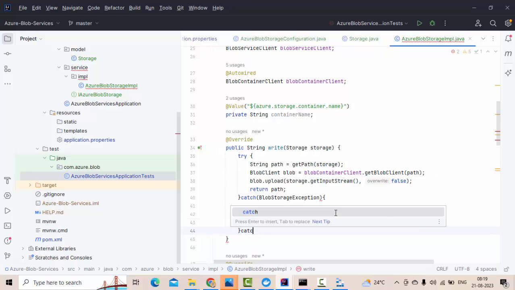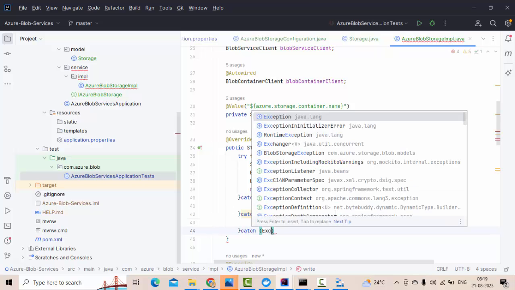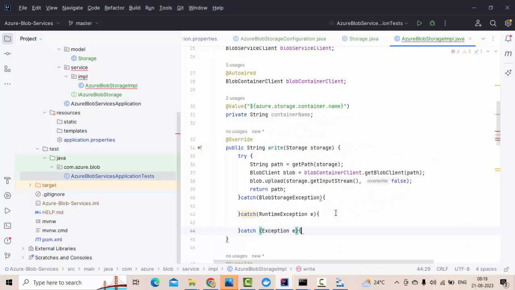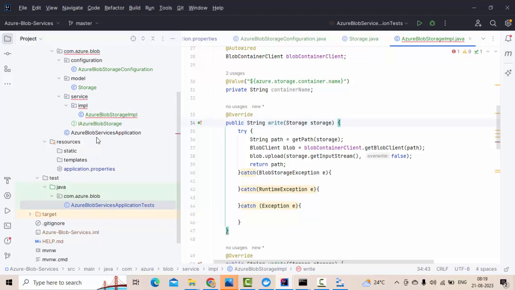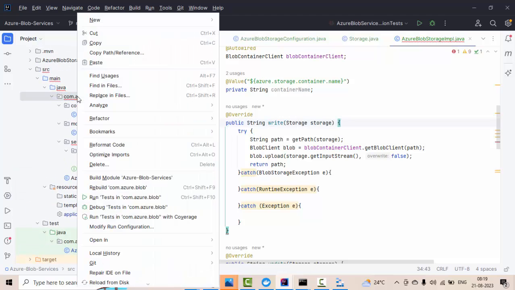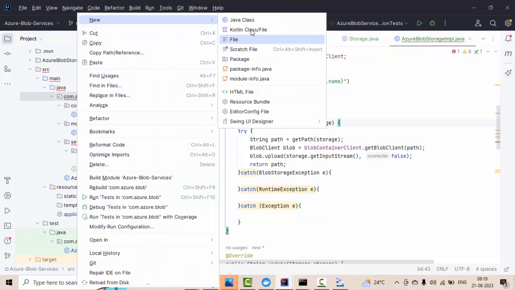Then in the finally you can keep exception. So these are the flow. Okay, now for exceptions purpose, what I will do is, let me create one package